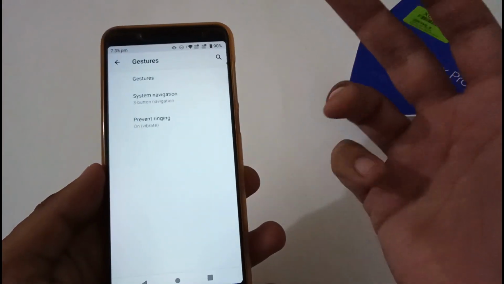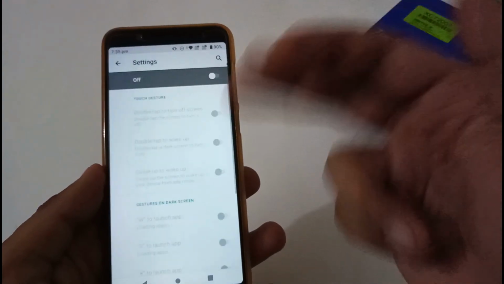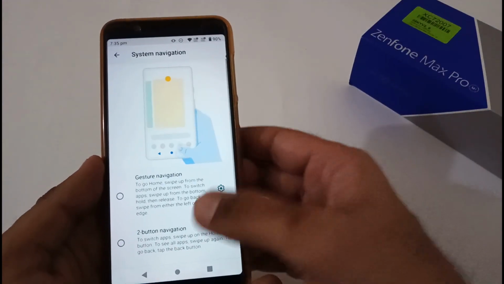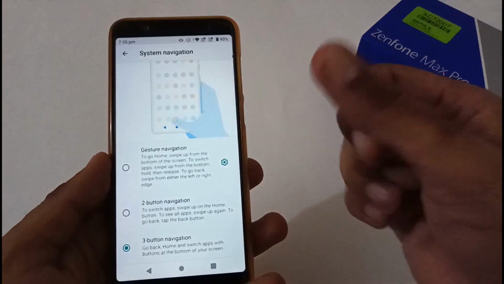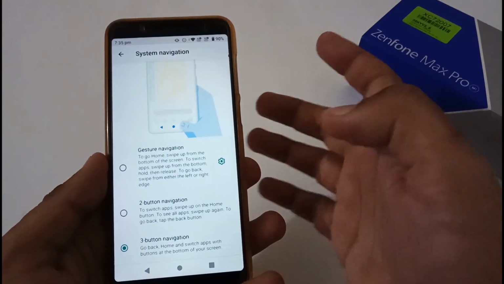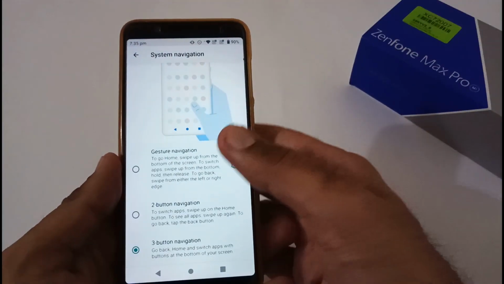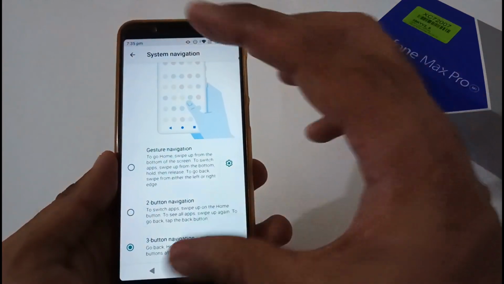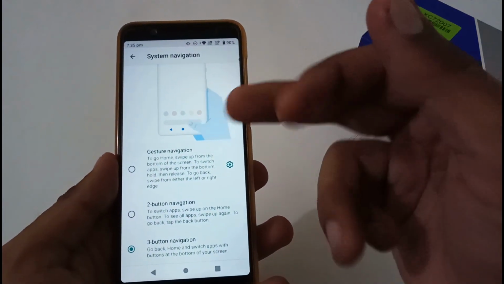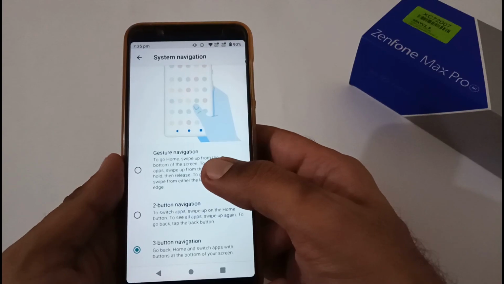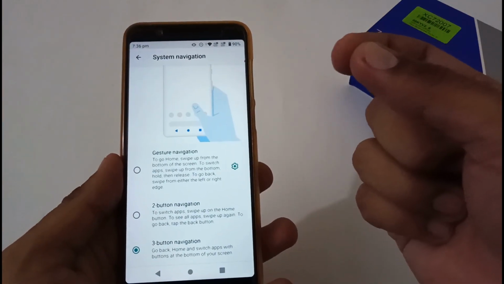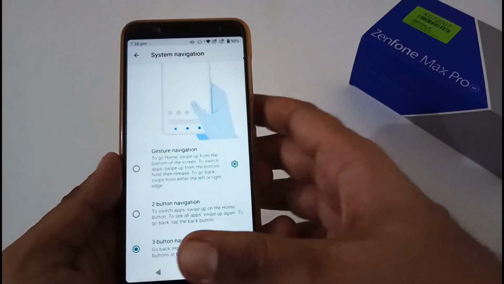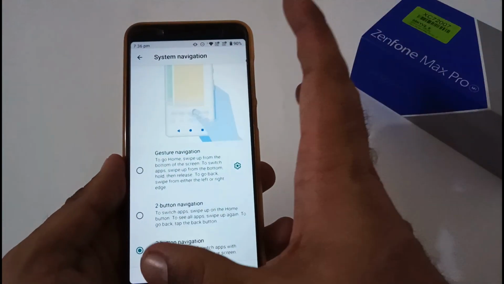Firstly, on both the ROMs you will find these gestures. All the default gestures are available here. In the system navigation in Android 10 you will find gesture based navigation, and in Android Pie you will only find 2 button or 3 button. So it depends upon you. If you want to try gesture navigation then you can try Android 10 Beta 4. Both the versions have their pros and cons, but I know that once I started using gesture navigation it was quite useful, and it feels like you are optimally using your touch screen.